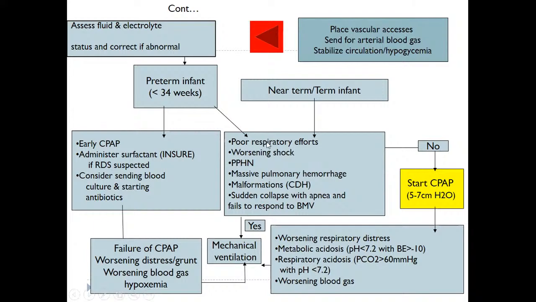In the case of a term or preterm baby with poor respiratory efforts, worsening shock, PPHN, massive pulmonary hemorrhage, or CDH, or where the apnea does not respond to bag and mask ventilation, we go directly to mechanical ventilation. In a term baby with only respiratory system involvement, we can start with CPAP and escalate to mechanical ventilation if there is worsening